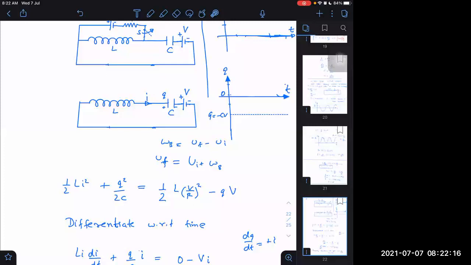So it will not start from here. It will start from here, but it will not start like a negative cosine graph. Why not that way? Because I told you that initially it is not the extreme position. Extreme is where current becomes 0, and equilibrium is where current becomes maximum.